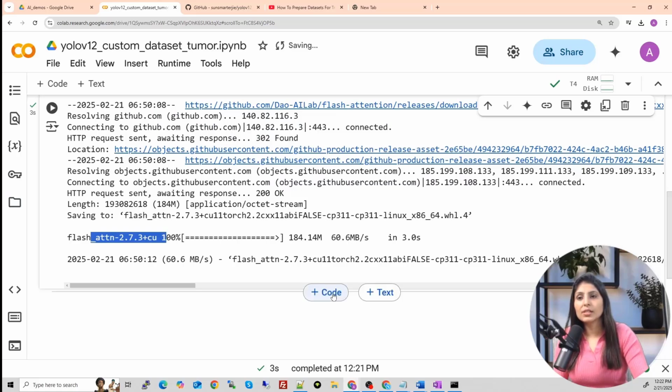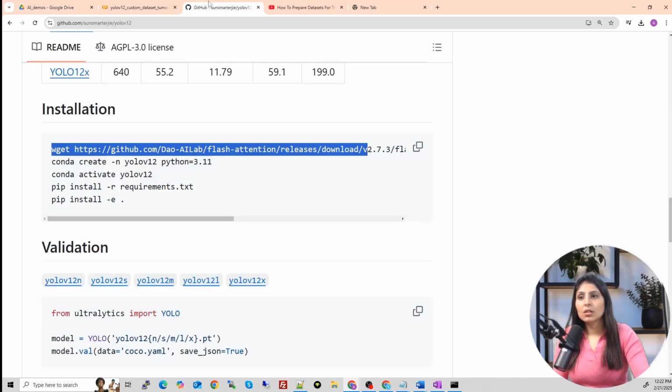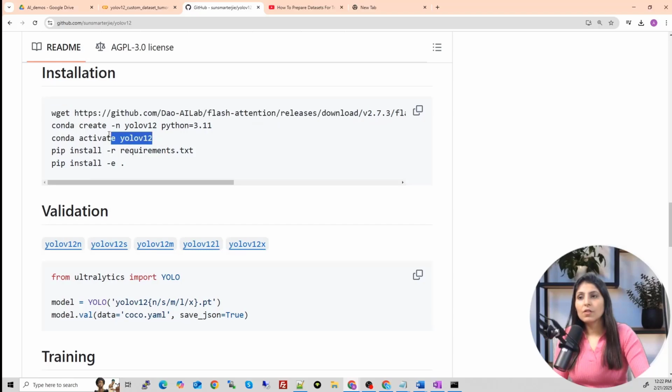Now let's move to the next cell. Next thing is, guys, we are not running these two lines because these two lines are needed when you want to create a separate environment and work under it. For today's tutorial, we are not working in a separate environment. So we will directly move to this step, which means we want to install all the requirements which are present